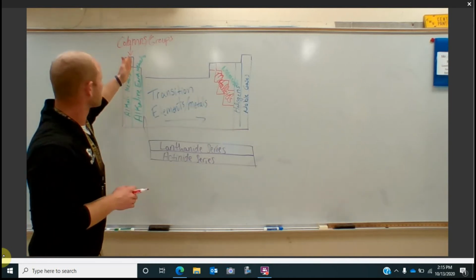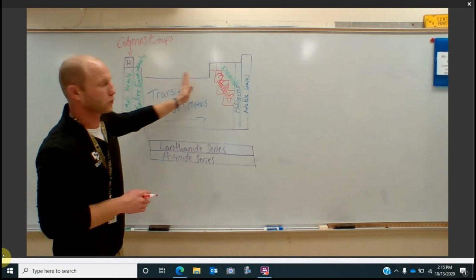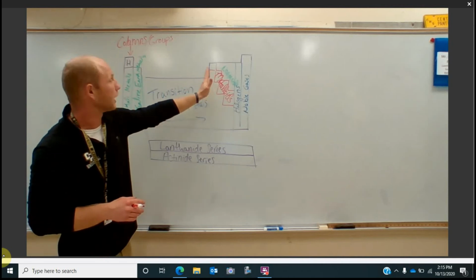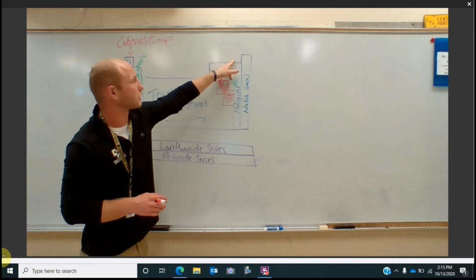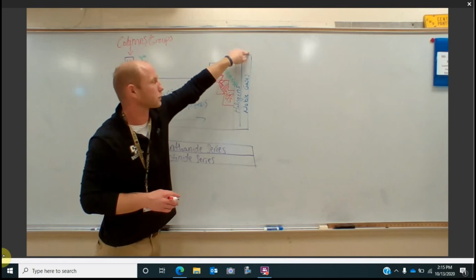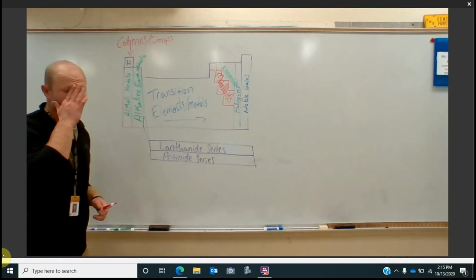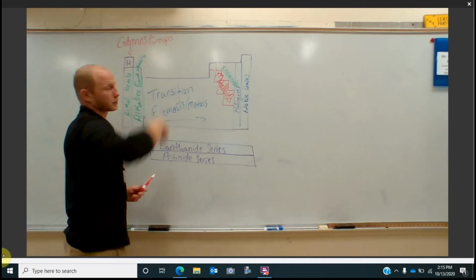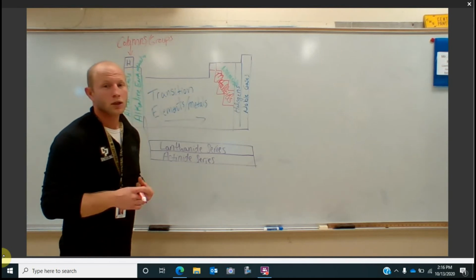As we go across our groups, this is group 1, group 2, we skip the transition elements. We start over here at boron, group 3, 4, 5, 6, 7. The 7th group are all the halogens, and our 8th group are all of our noble gases, okay? And so as we jump across these columns, if we're talking about our electrons and energy levels here,